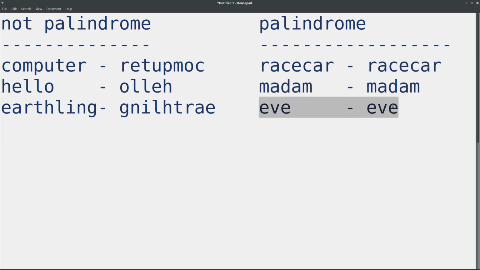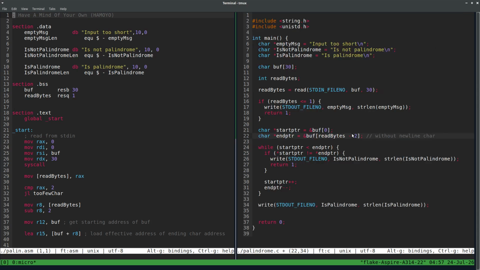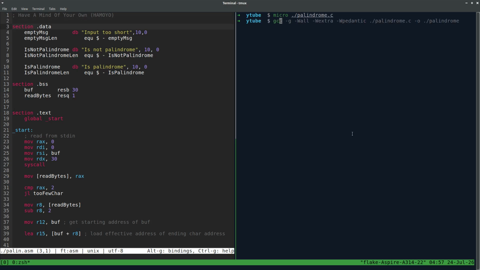Okay, so on the left hand side we have the C code, and let me just try to run it and we see its results. So I save this, compile this, run palindrome, then I type say Eve, and we see that it's a palindrome. When I type computer, we see that it's not a palindrome. So that's essentially what we're going to look at today